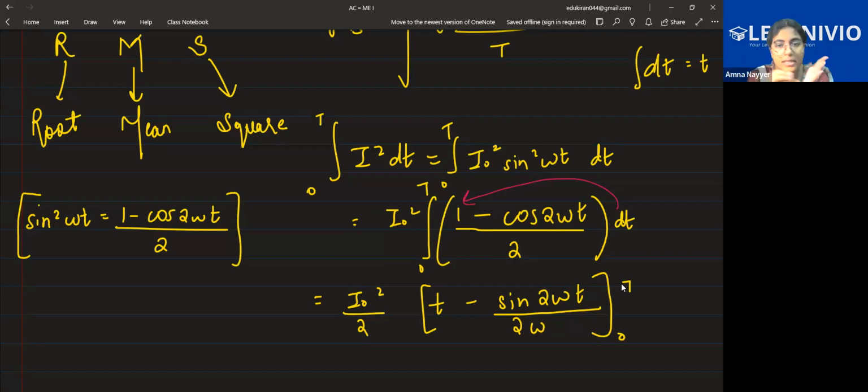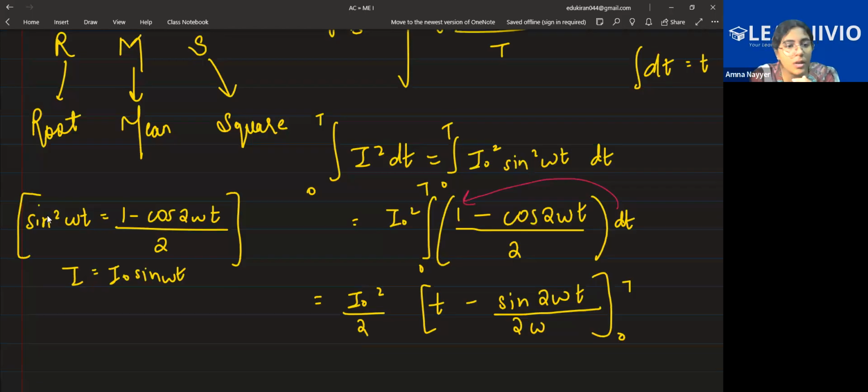Let me find what is there in the integral of 0 to t, I square dt. We know the formula of current as I is equal to I naught sine omega t. We have been using this formula, E is equal to E naught sine omega t, and I is equal to I naught sine omega t. That's what I have substituted. So if it is I square, these will also be squared, sine square omega t, and I naught square will be there. That is what is kept till here. Now, I naught square is taken out. It is just kept aside.